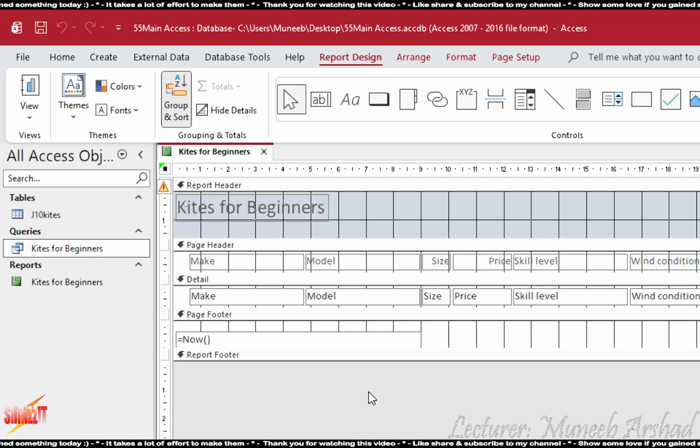Design view में क्या है? You have 4 sections. The first section is the report header. Report header appears at the top of your report. ठीक है. For instance, if your report is of 5 pages, the top of your report is going to be which page? 1. Okay. Then there's a section called page header. This is actually the section at the top of your page. If you have 5 pages in your report, this section is going to be on each page. Okay.